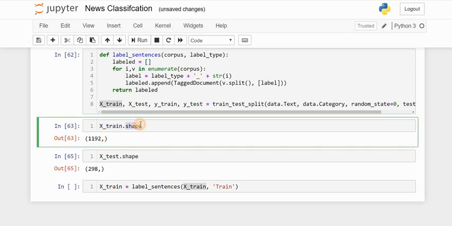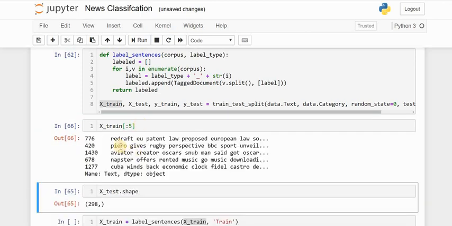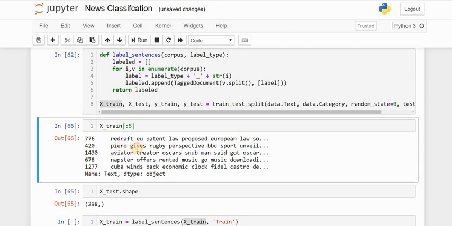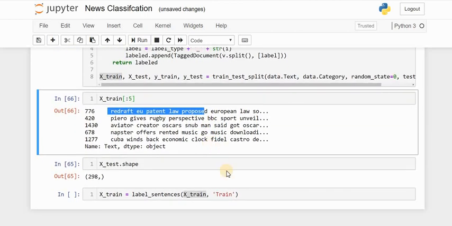If I just print the first, let's say, 5 documents from this, I'll get each and every news article. We want this text to be converted to features, or in simple terms, to numbers.